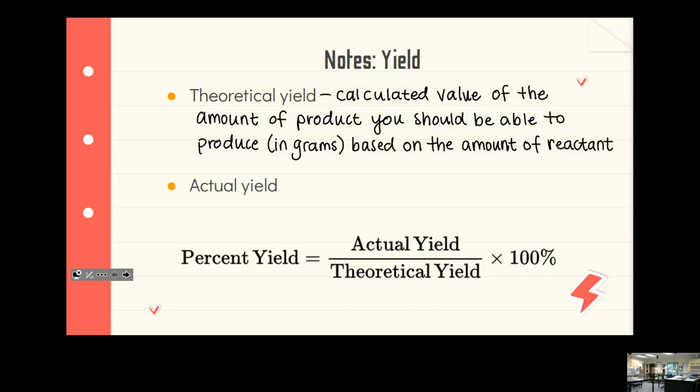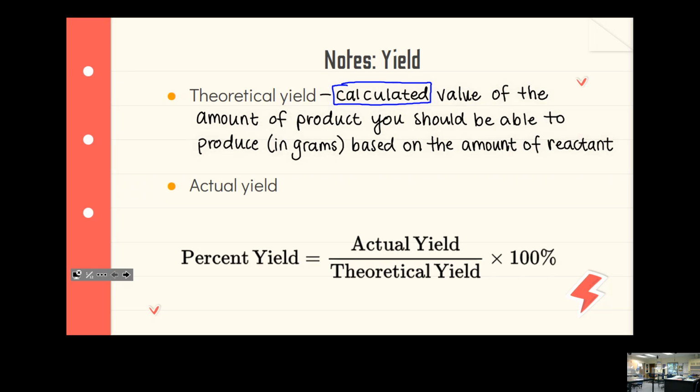Okay, so remember with theoretical yield, the key word with this is calculated. So whenever you're asked for theoretical yield, you're doing this on paper, you're doing stoichiometry, you're calculating how much you